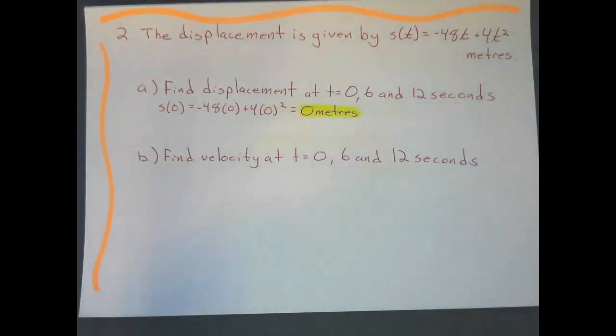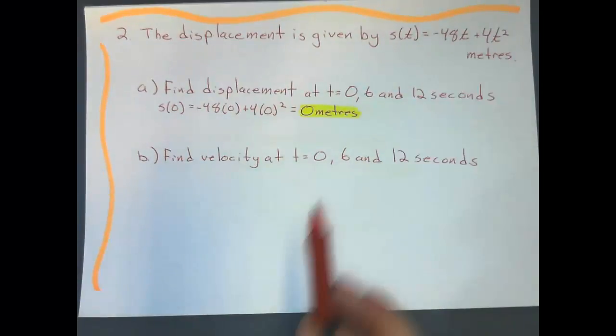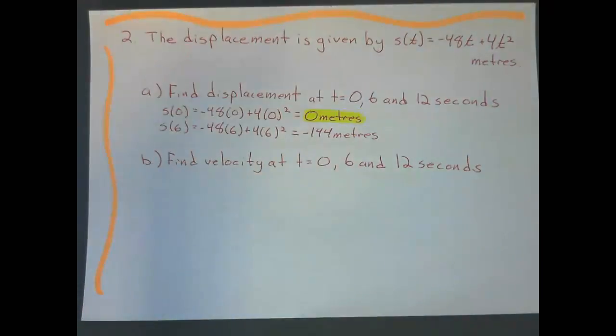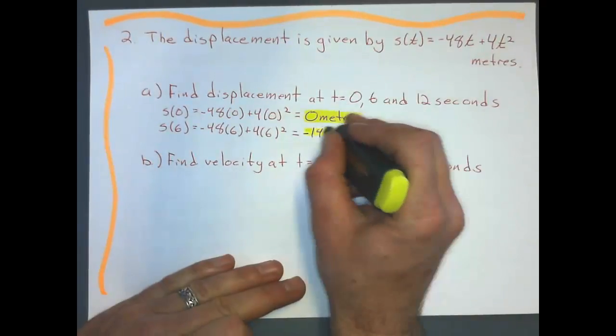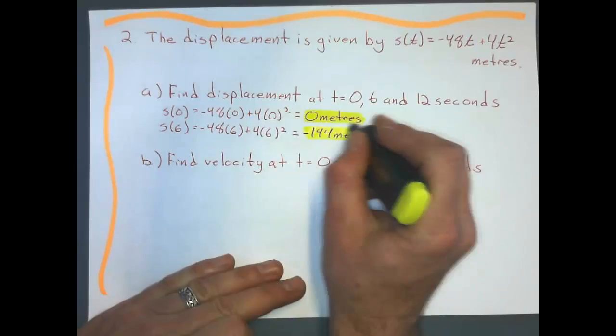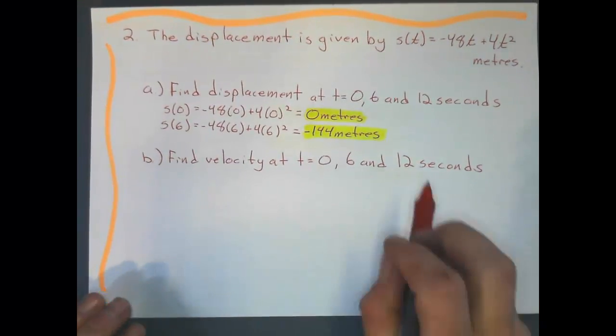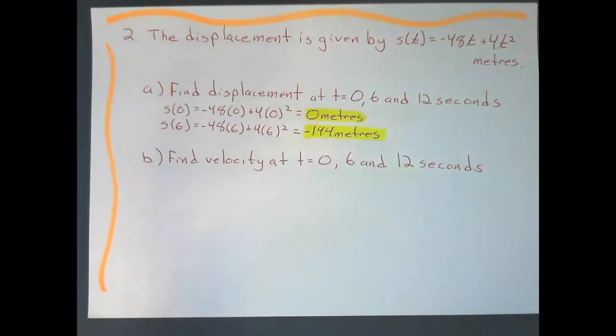What about at 6 seconds? What's the displacement after there? Substitute 6 in for t into my equation. And I think I get negative 144. I do get negative 144 meters. And we'll talk about what that means in a minute. We can get that when we're talking about displacement. We can get a negative value there. That's okay. All of these negative values have meaning. And finally, after 12 seconds,